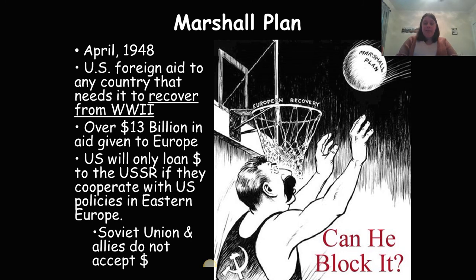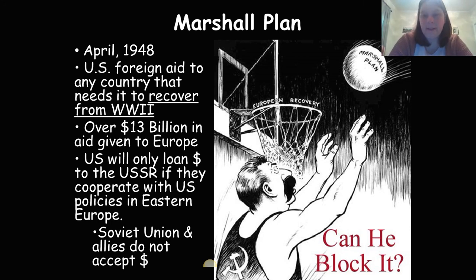Right around the same time that NATO is happening, the United States is also going to announce and pass something called the Marshall Plan. This is named after Secretary of State George Marshall. It was an opportunity for foreign aid money to any country that needed it to physically recover from World War II. So if you are West Germany or Great Britain or Italy and you have bombing damage or physical damage and you want to rebuild, the US will loan you money to do that. And this may on the surface not seem like it has much to do with containment, but it does, because